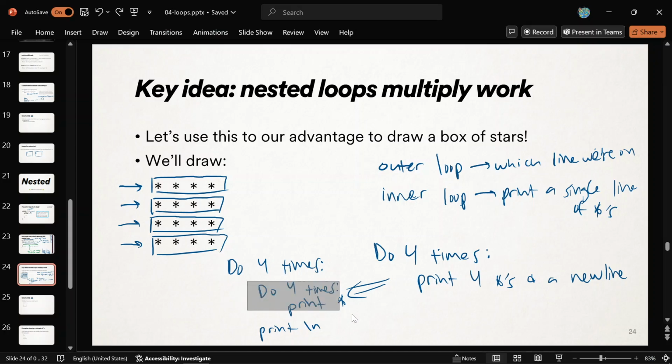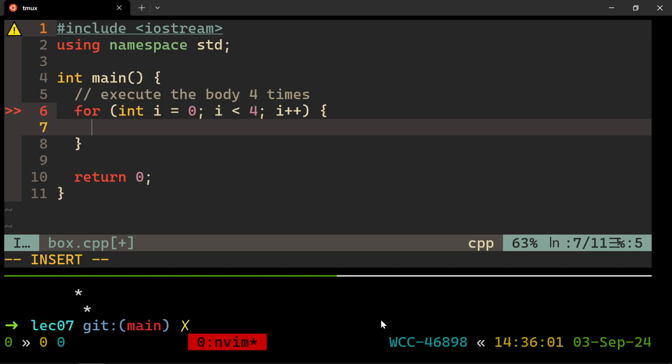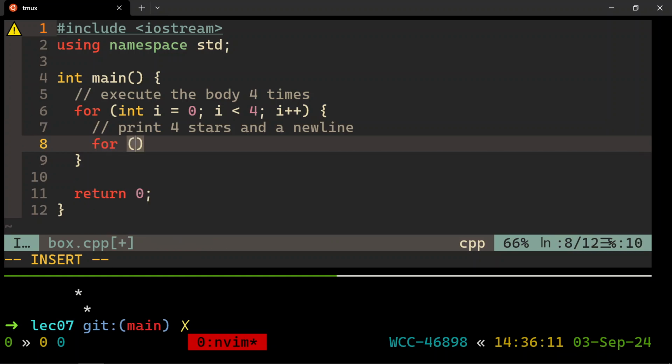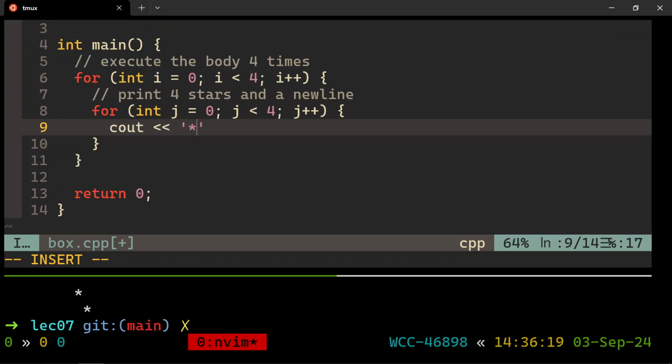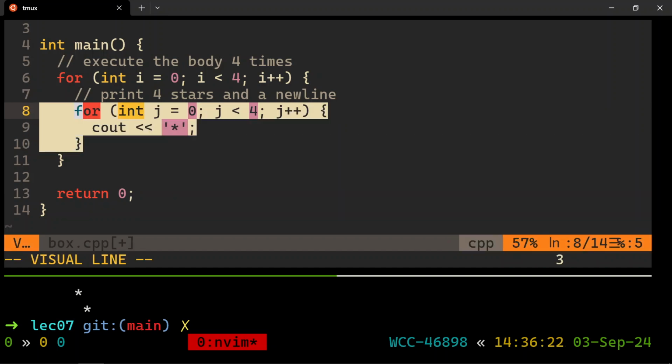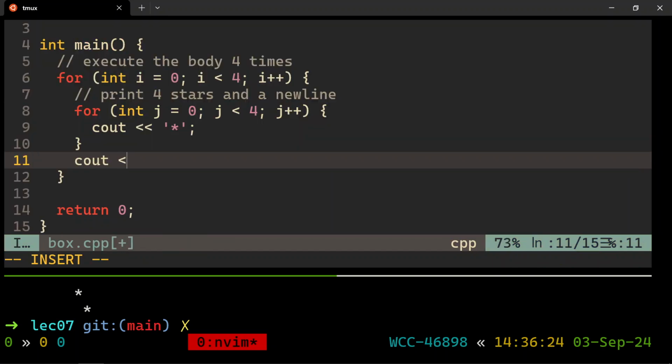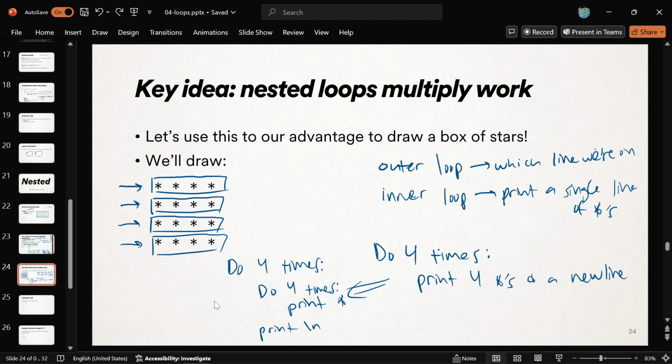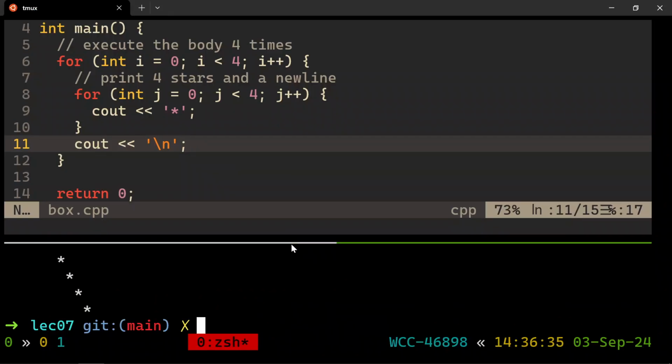Now I need to do, all right, do 4 times, print a single star. I'll use j for that. So I'm going to print 4 stars, and a new line. So how do I print 4 stars? I'll loop int j equals 0, j is less than 4, j plus plus, cout a single star. Do you see how once this is done, I've just printed 4 stars on my current line? And then I'll break the line, cout a new line, let's say. Okay? So that is this. And it should be happy, in theory. Let's see.